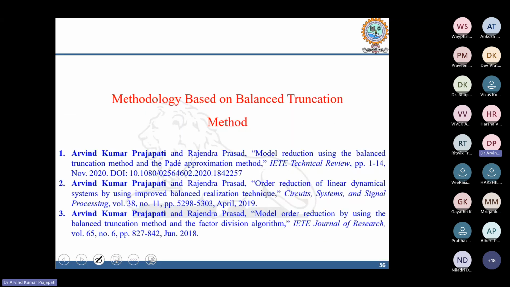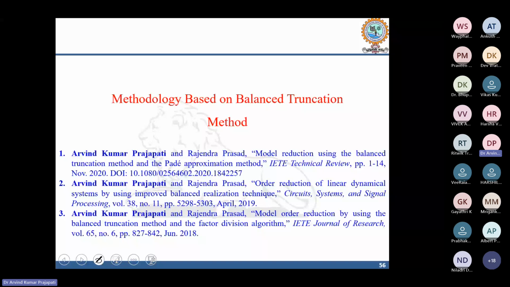So now I'm going to discuss some techniques which are useful in the time domain also. Like in the frequency domain, you have seen some techniques which you may know already, like the Routh stability technique, but some other techniques like the pole clustering technique you may not know. So that I already told here. So next we are going to learn the techniques which are used in the time domain.